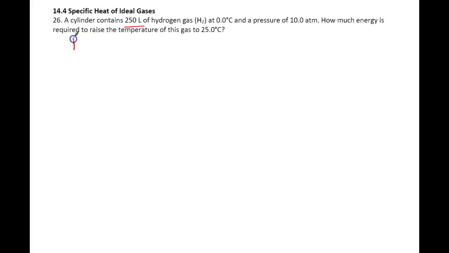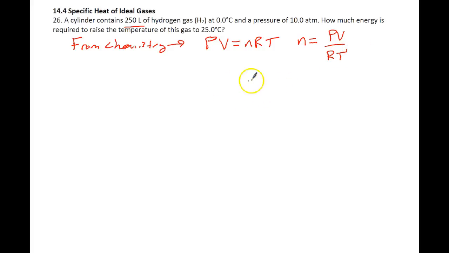So in order to do that, we know from chemistry we have an equation, the ideal gas law, that is PV = nRT. P is pressure, V is volume, n is moles, R is the gas law constant, and T is temperature. So I can find moles very easily by just taking pressure times volume divided by the R value times the